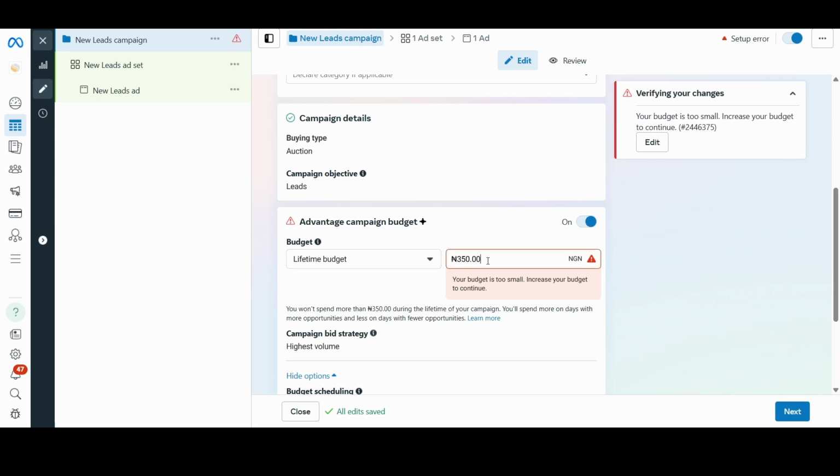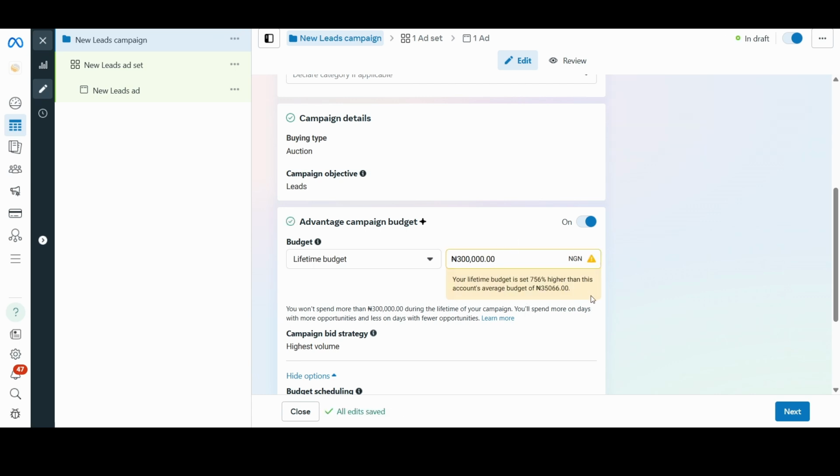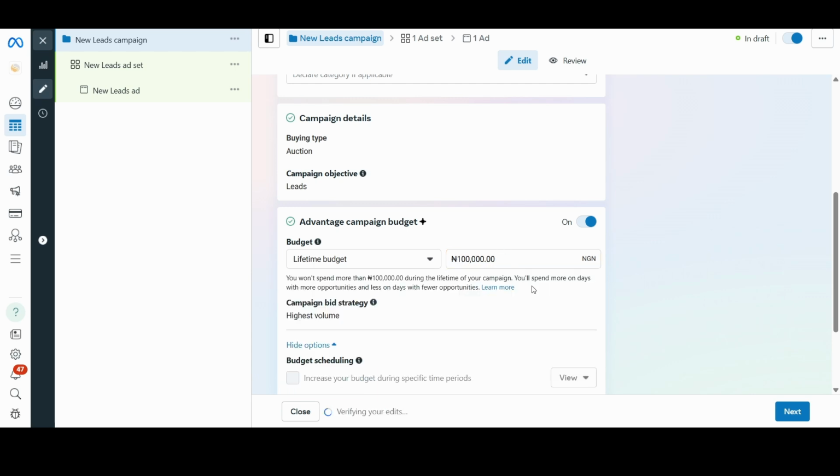So let's say 300,000 is how much you're going to spend in the entire month. You can see it's higher than what we usually do on this account, because this is typically not what we do here. But this is something that you can do. You can reduce it to 100,000, and it works. That's about 3,000 naira a day. 100,000 naira, especially if you're testing, you can use